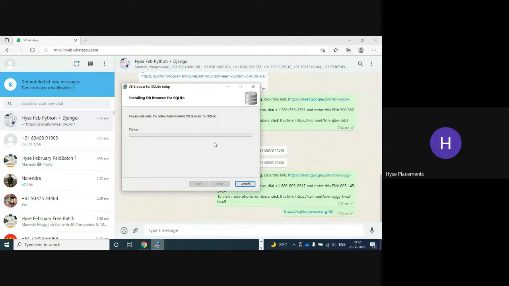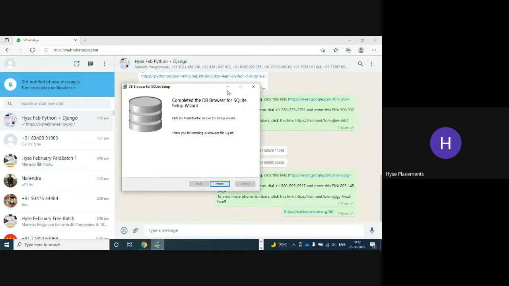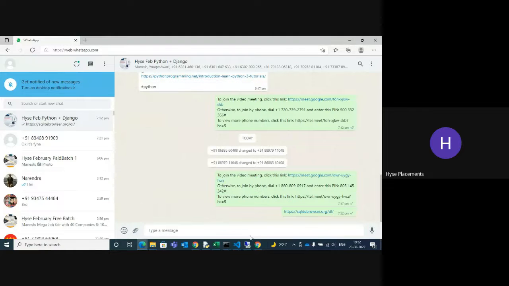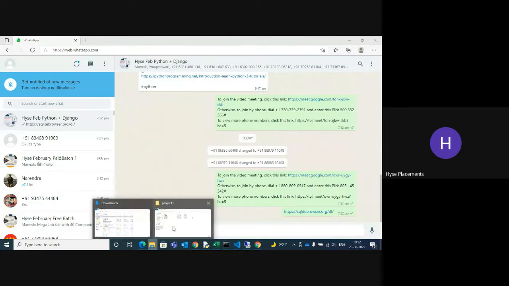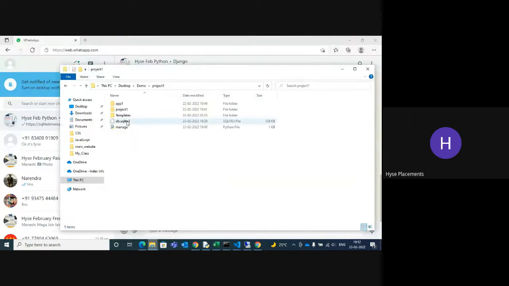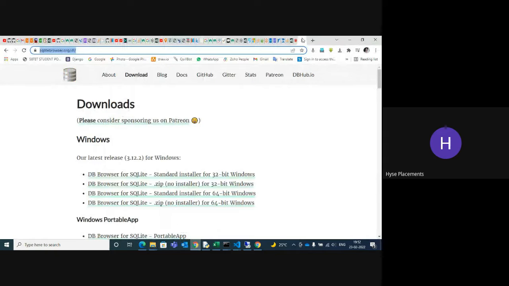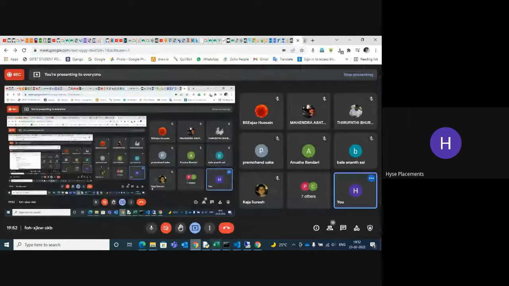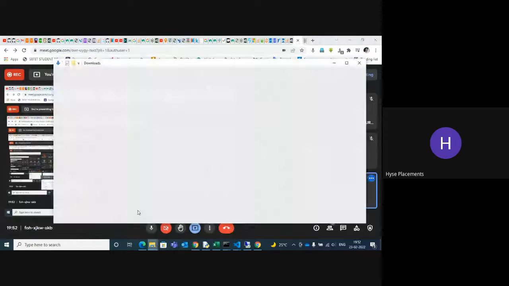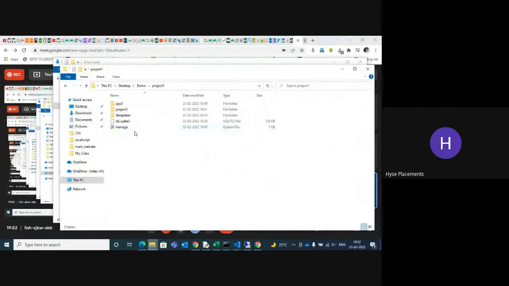It takes some time. Finished. You can see your file. This is my project file, this is my SQLite 3 database.